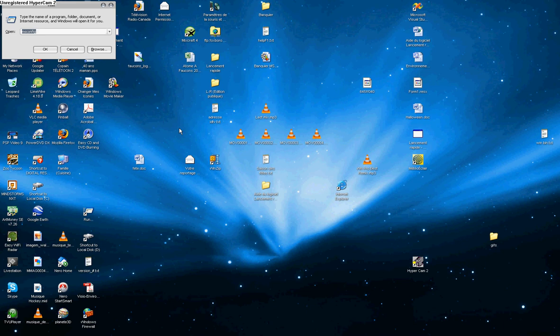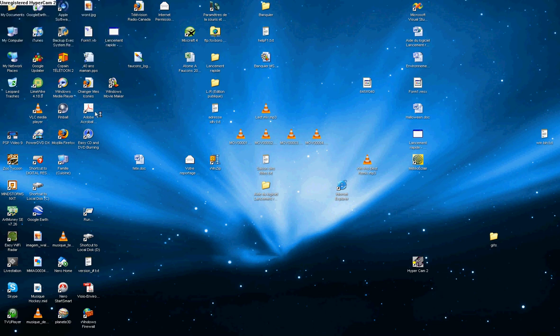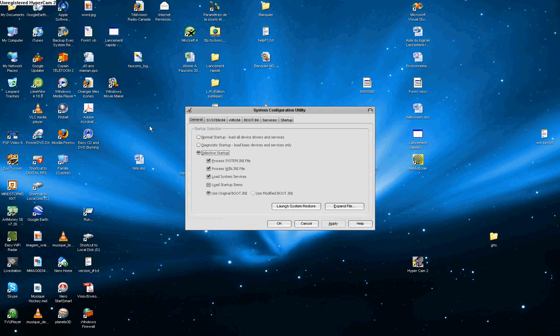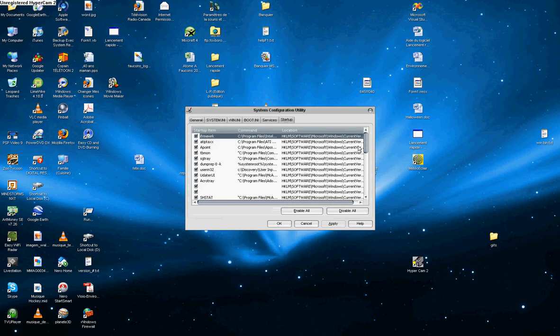MSCONFIG. And if you use Windows Vista, click Start, and in the search box type the same thing and you will search for a program, and you click on the program and it should pop up. Okay, when System Configuration Utility is loaded, click on the Startup tab and just disable what you don't want at